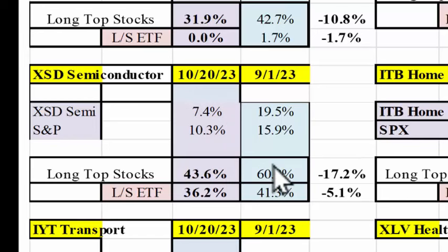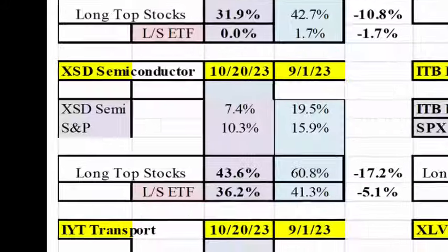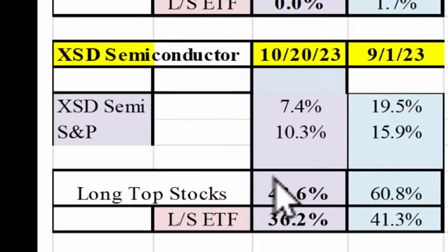Now, the top stocks in that semiconductor ETF were up 60.8%, and right now, as I'm recording this on Friday, are still up 43.6%. So that ugly chart that we just saw, let me go back to it. This ugly chart in here is up 43.6%. Now, if we were long our top 5 stocks and short the ETF itself, we would be up in a hedged portfolio